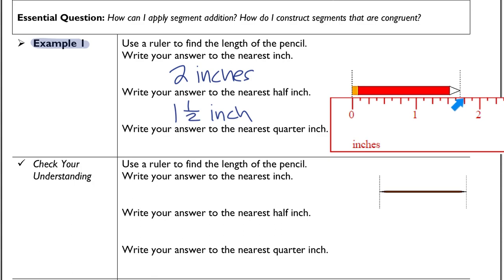So is it closer to 1 3/4 or 1 1/2? Well, this line here is closer to right here, which is 1 3/4. Again, 1/4, 2/4, 3/4. So we're going to write 1 3/4 of an inch. So what I would like you to do is pause it and try it yourself for